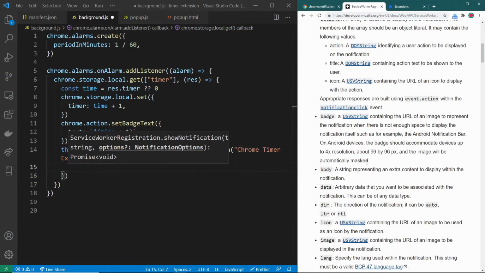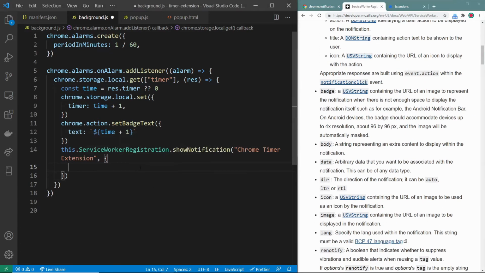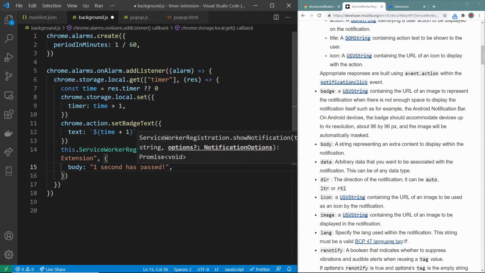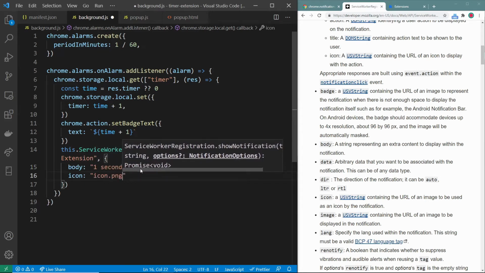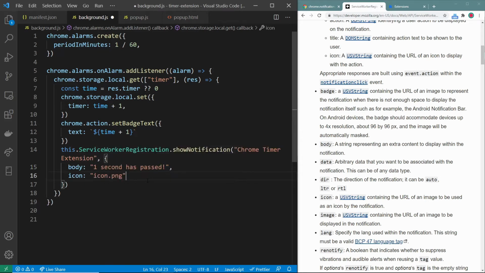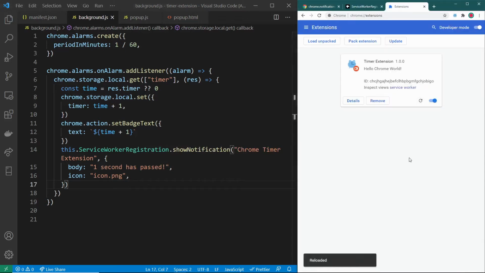And there are a ton of options here, but the ones that we're going to worry about is the body, which is the text inside of the notification. And we'll just say 1 second has passed. And then we'll pass in an icon, and we can just pass in icon.png, which was our default icon. So now, if we refresh our extension,